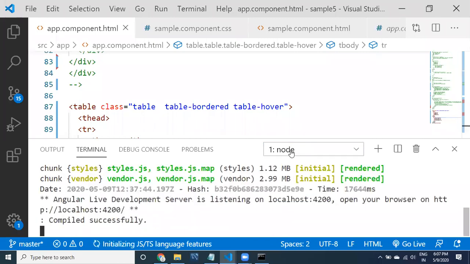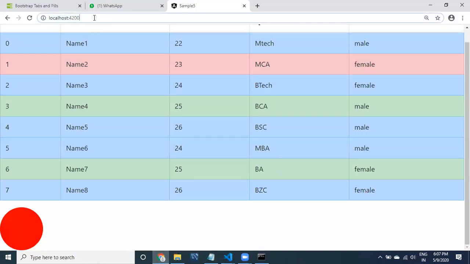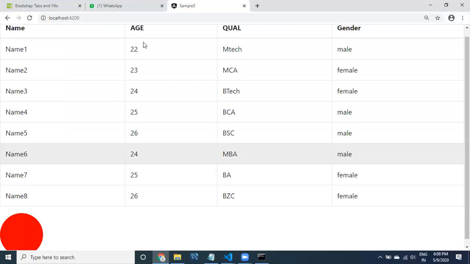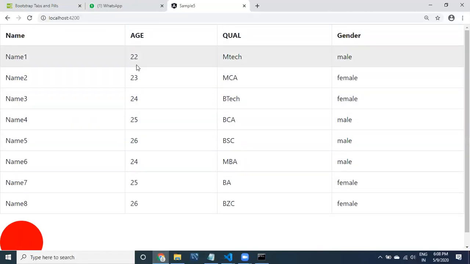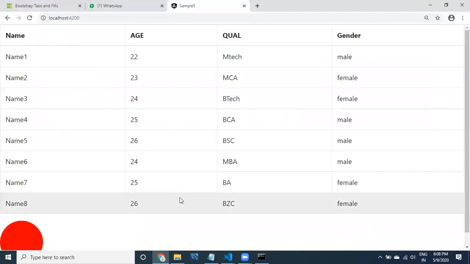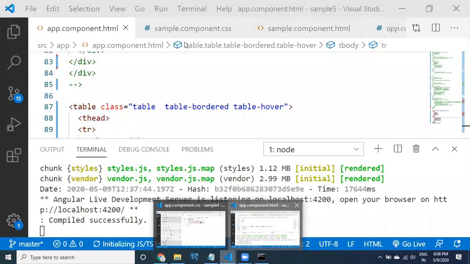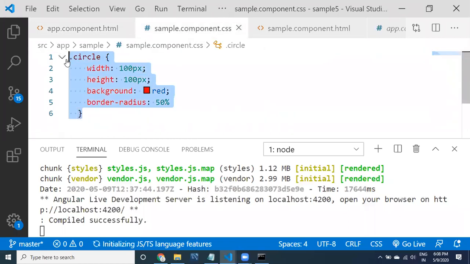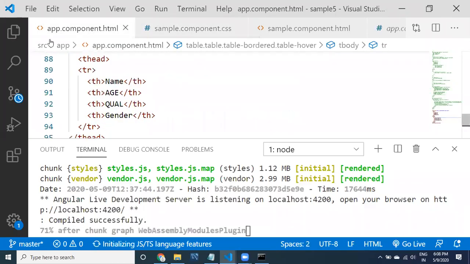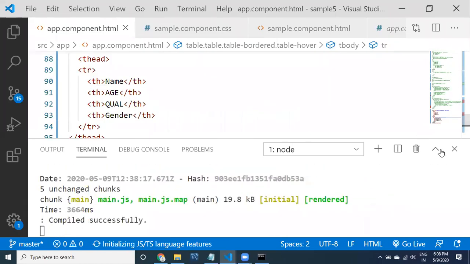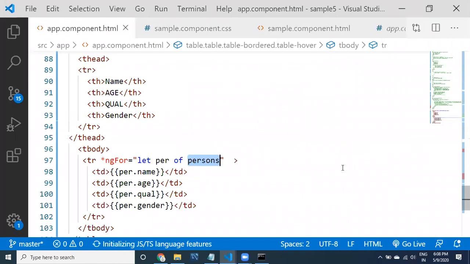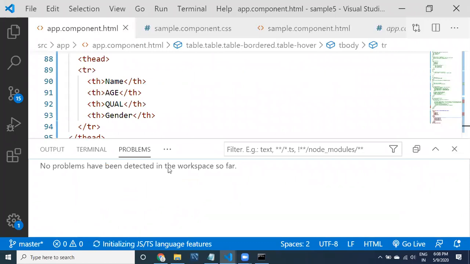Let us go to the node one. So the server is successfully running, and you can go here and open yesterday's code. Still the red symbol is displaying. Let me remove that part. Sorry for this guys, I have created some kind of classes. I'll show you how to create circles. You can close this, no problem.